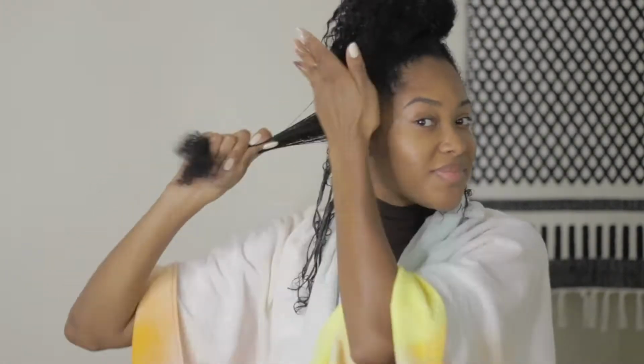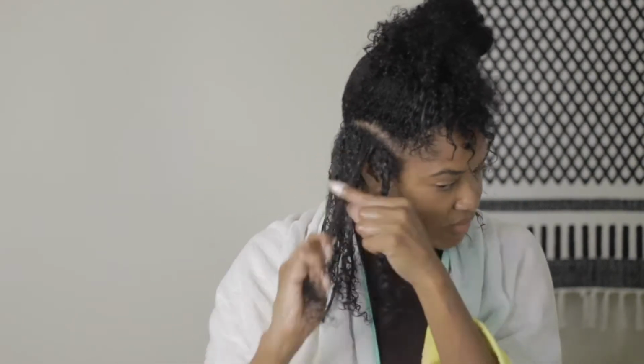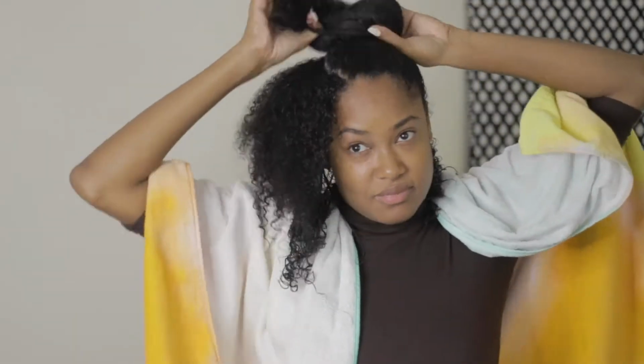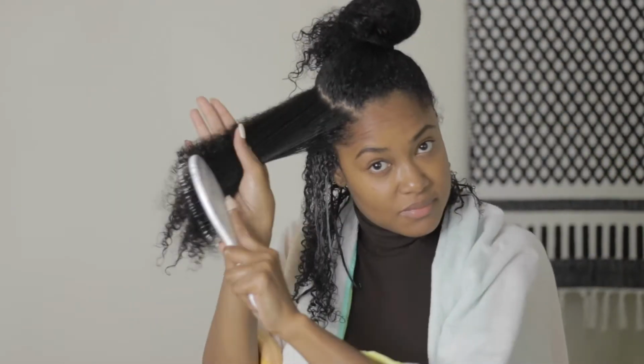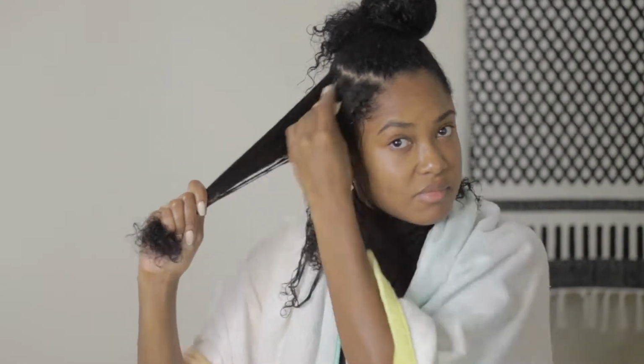So you can see that once I wash and blow dry my hair, I have a curl pattern, right? But I think the purpose of doing this method, detangling it, putting oil in, oil, creams, and gels, is to kind of obviously define your curls, but also to help with any detangling. Otherwise, if I just really washed and go, my hair will be super tangled, and that's not what we want. But this is my first ever time really going through this process of doing a wash and go,